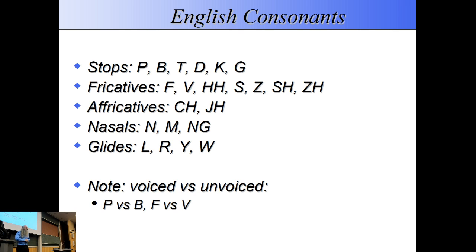There's also a major distinction here between voiced and unvoiced stops. So we have p and b, which is the unvoiced and voiced. We have t and d, which is the unvoiced and voiced, and we have k and g, which is the unvoiced and voiced on the roof of the mouth. Now, there are many, many more different variations that actually can happen, and not everybody cares about all of them.